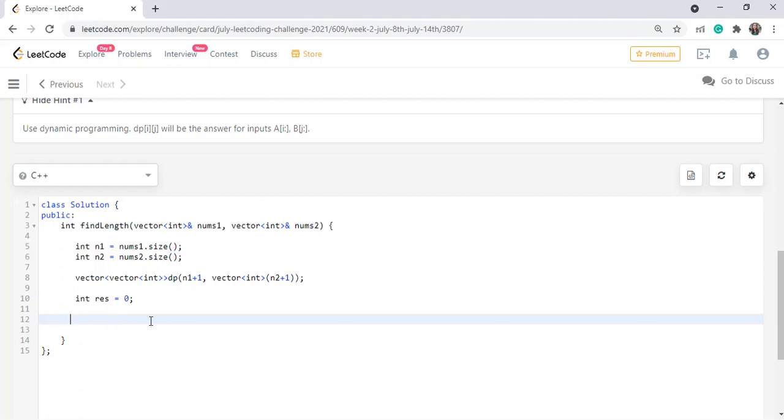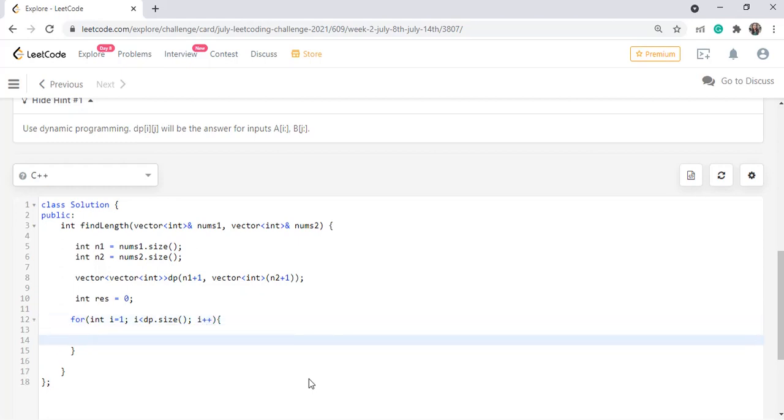Now I have to take a loop: for int i equal to 1, i less than dp.size, i plus plus, and then for int j equal to 1, j less than dp[0].size, j plus plus.